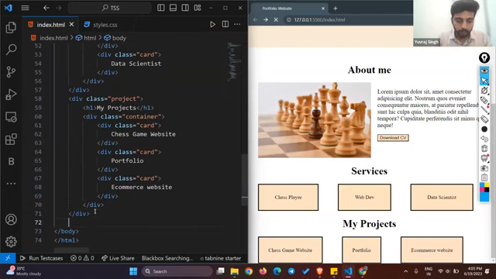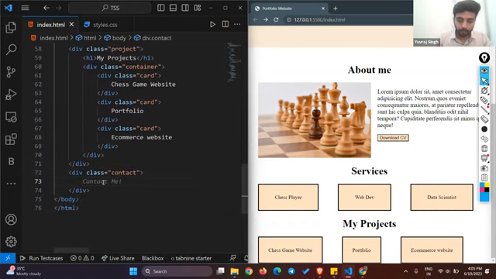एंड में अपना क्या रह गया, कॉन्टेक्ट सेक्शन रह गया ना, कॉन्टेक्ट फॉर इट। अब हम सीखेंगे फॉर्म्स।